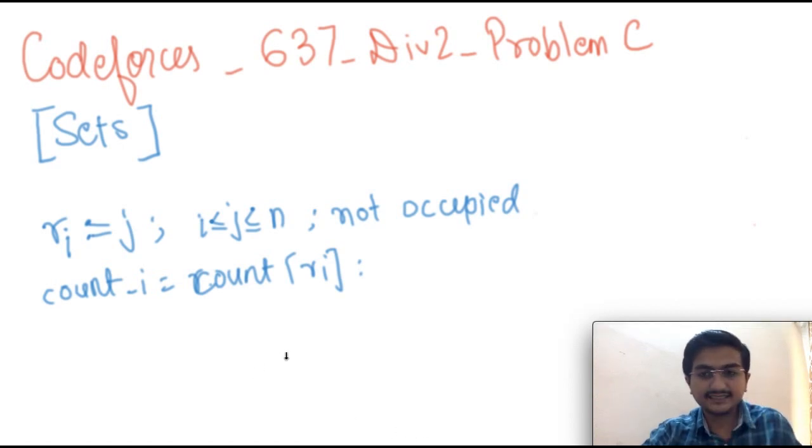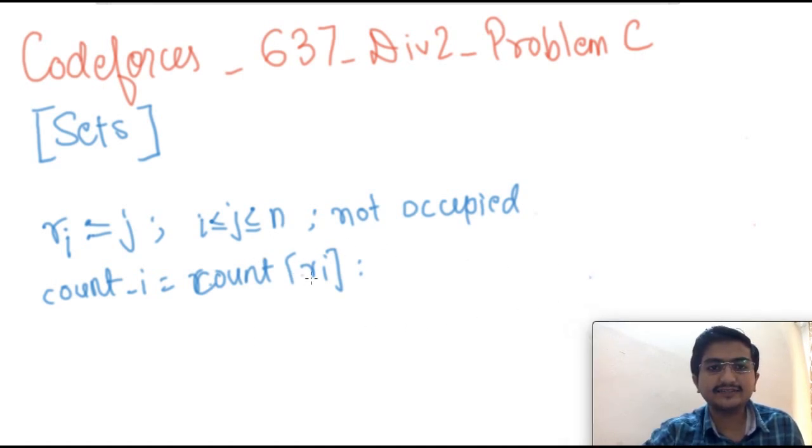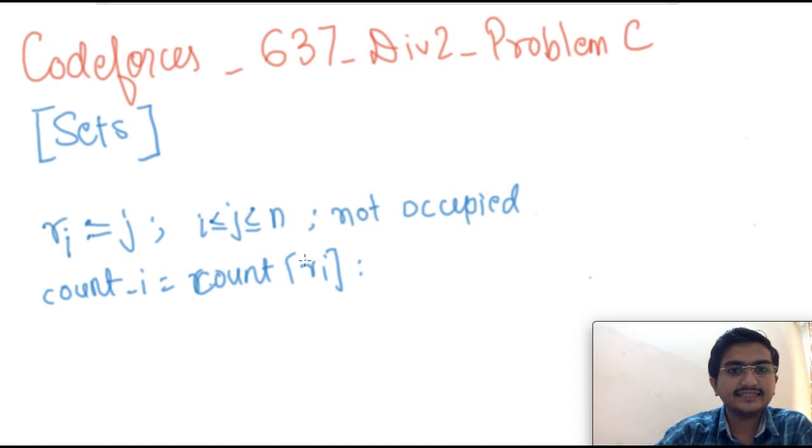Now this was an implementation question of sets, right? That's why I made a separate video on sets. If you have not seen that video, I would suggest you watch it and then try this question again, right? Basically, in this question we have a long problem statement with many confusing terms. That's why maybe you got confused.